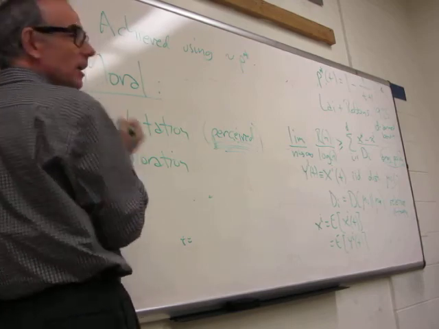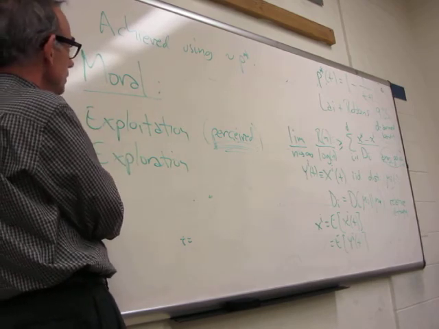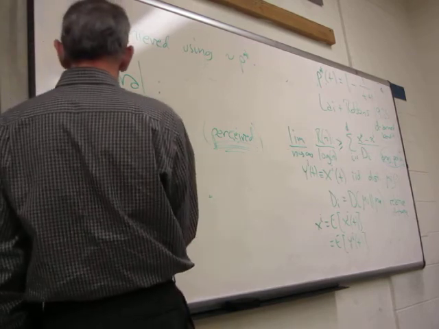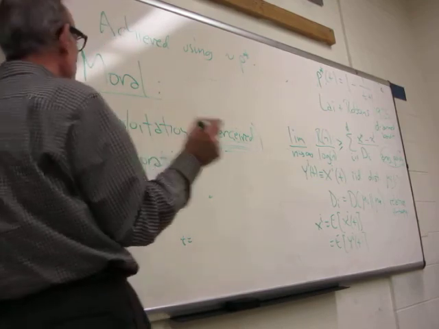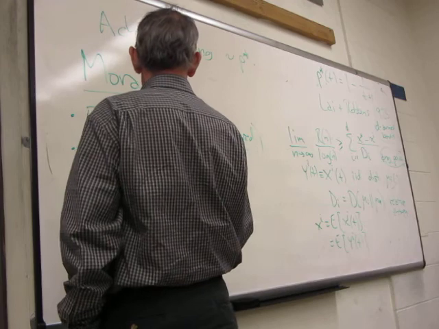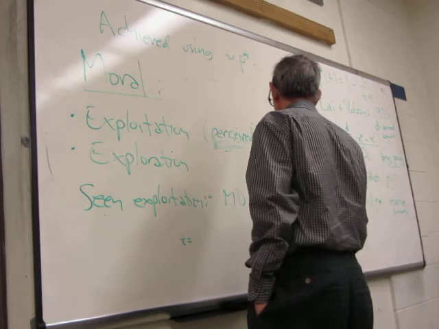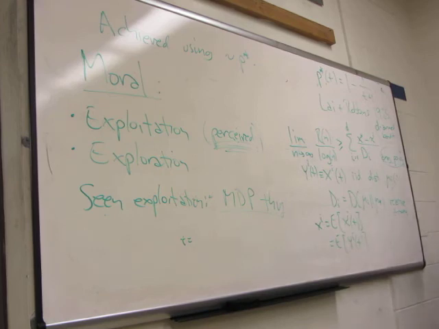But there's a conflict about when I should exploit and when I should explore, and so that'll be a sort of theme in the rest of the course. So at the end of the course, we're going to look at methods for doing more exploring and exploiting. We've done the exploiting already. So we've seen exploitation. That's all the MDP theory. We've got a model of the universe, and we stick in our optimal controller based on that. In this case, our model of the universe was ridiculous, so we got a bad response. And so for exploration,